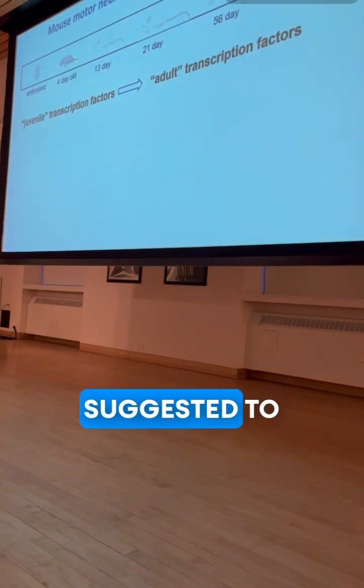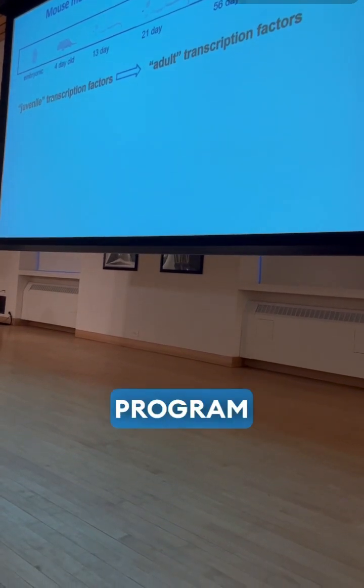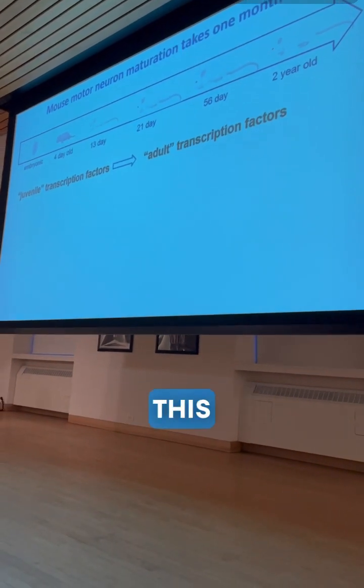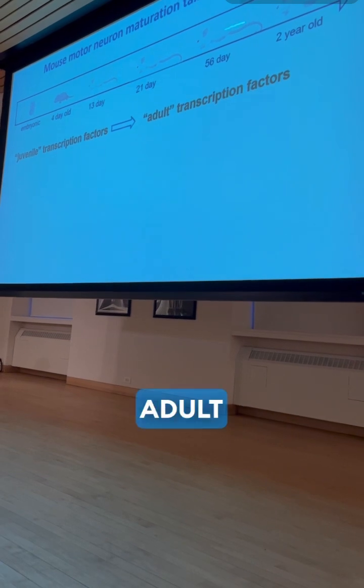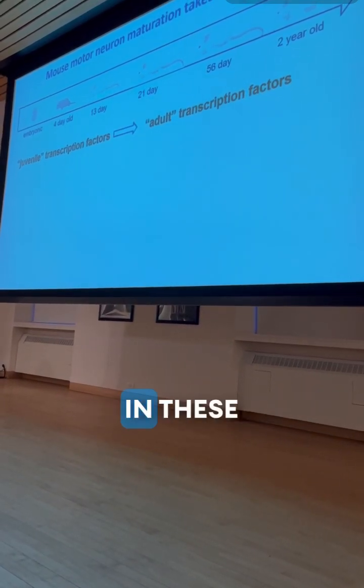And so that suggested to us that there has to be some kind of gene expression program, controlled by some juvenile transcription factors, that activates this youthful program in motor neurons. And then there has to be some adult program which is activated by postnatal day 21 in these animals,